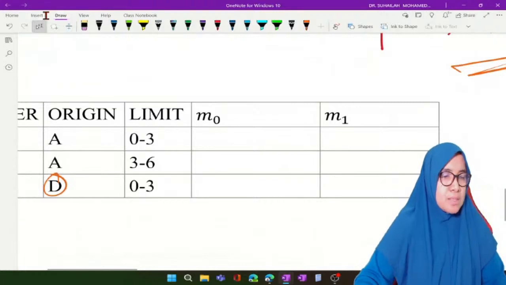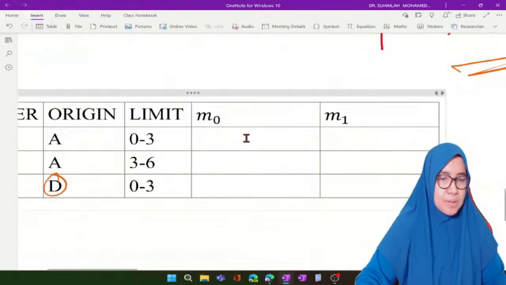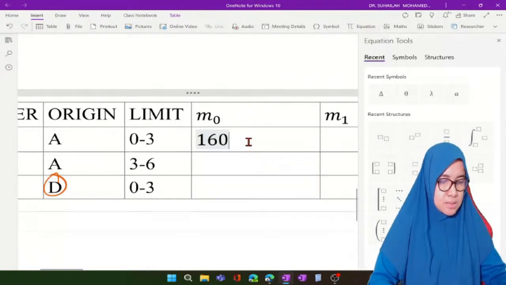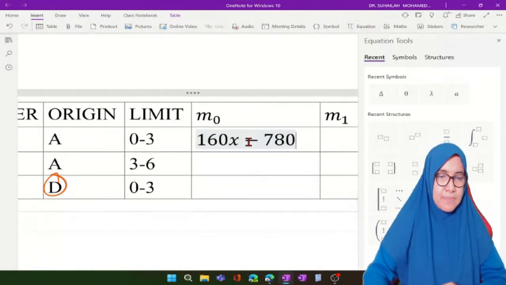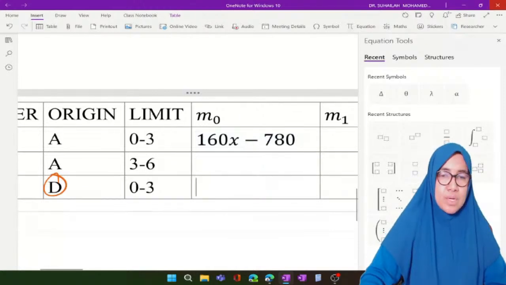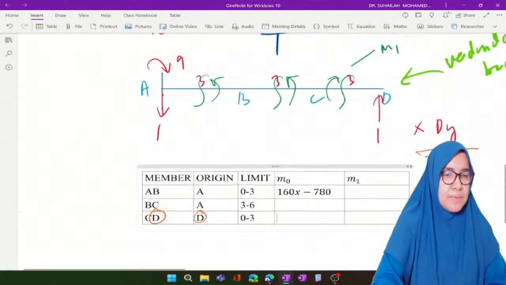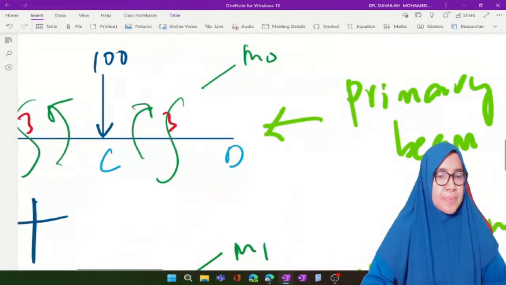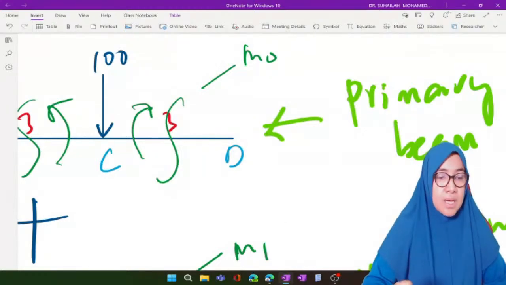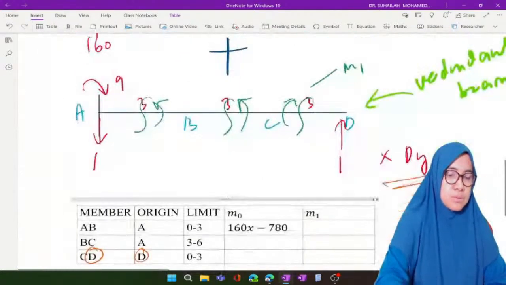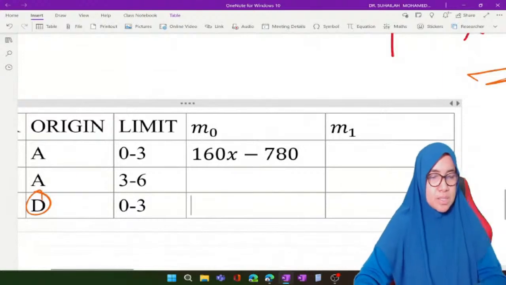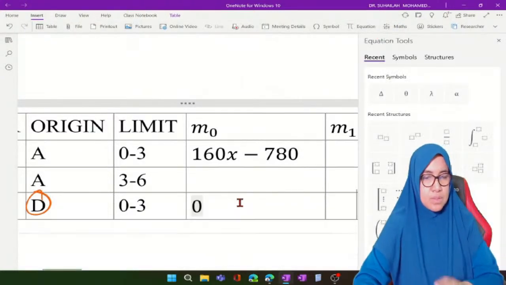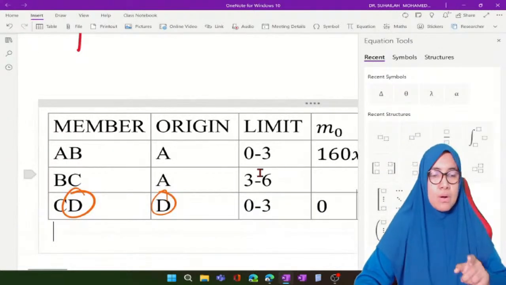It is 160x minus 780. And for D, it is equal to 0. The moment equation, origin D for CD, is equal to 0. This one is equal to 0. This one is equal to 0. And for BC,